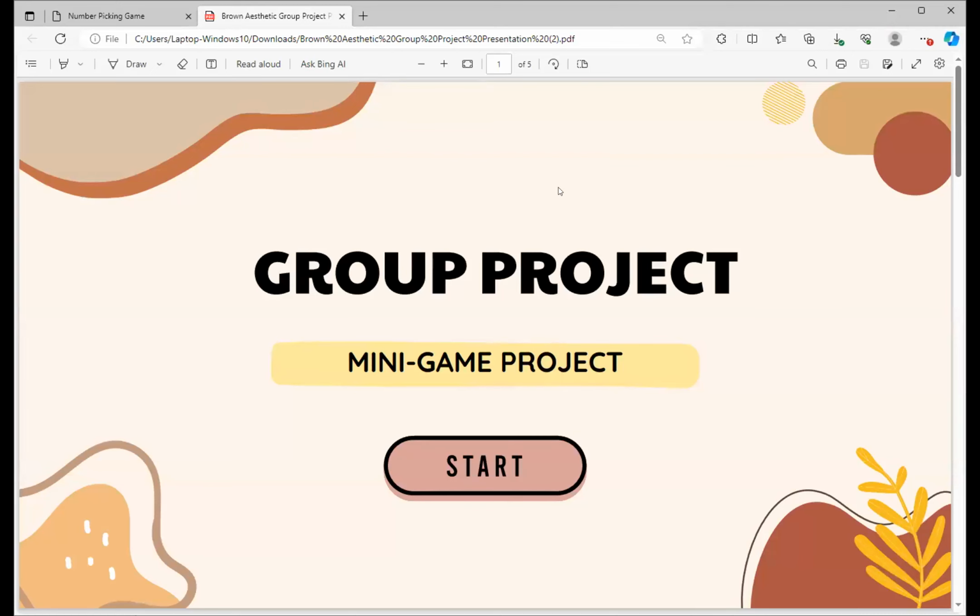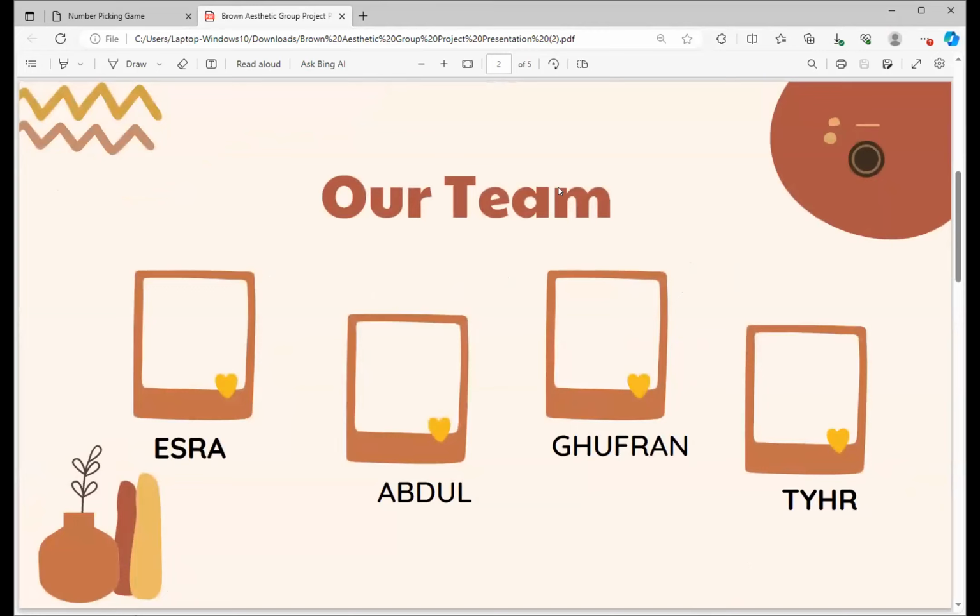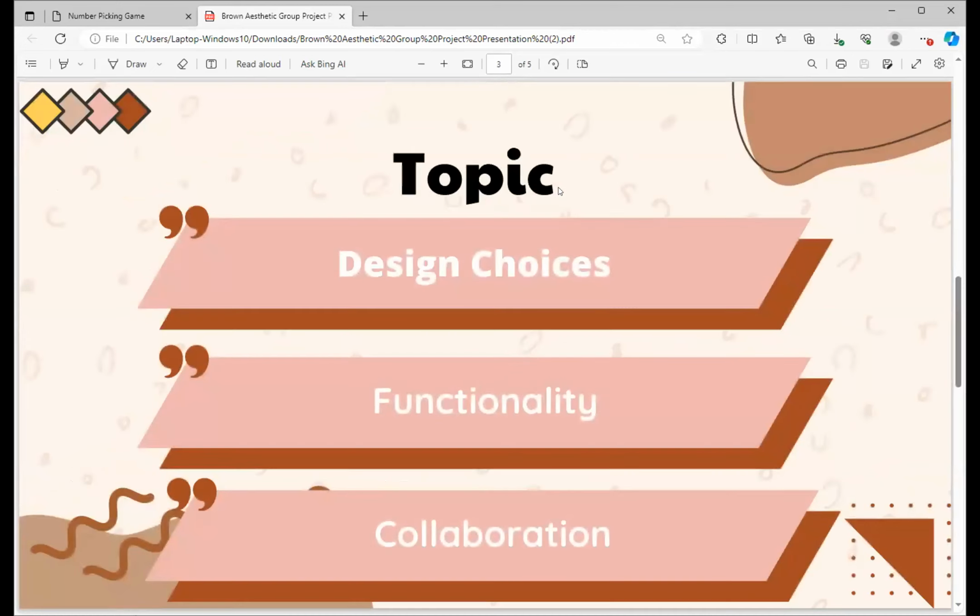All right, cool. So our group project, we called it the mini game project because there are a lot of mini games in there. And our team is Ezra, Abdul, Gufran, and Tir. We will talk about our design choices, the functionality, and the collaboration.